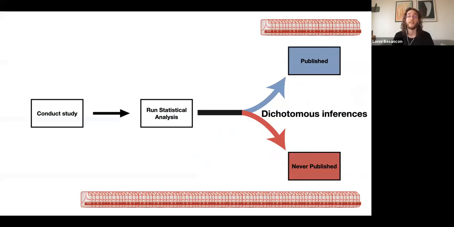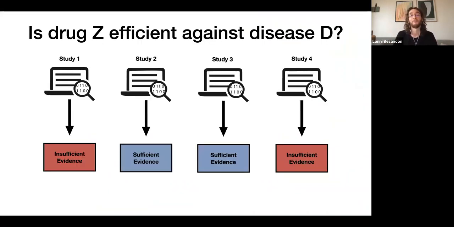In some cases, you might be able to publish some of these papers with negative results, but it will be very, very hard. And so the published literature doesn't really represent what we know. And if we think in terms of medical research, which is very easy to represent for everyone, when we look for specific evidence on a drug to know if it's efficient against a specific disease,